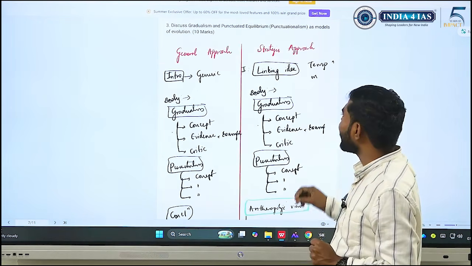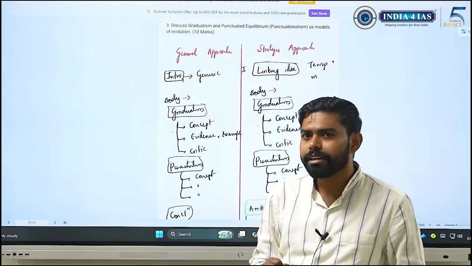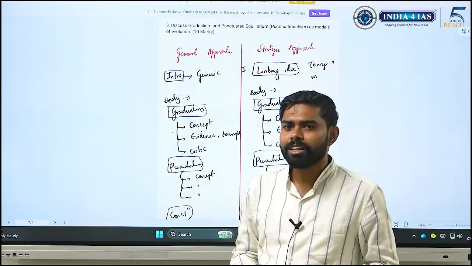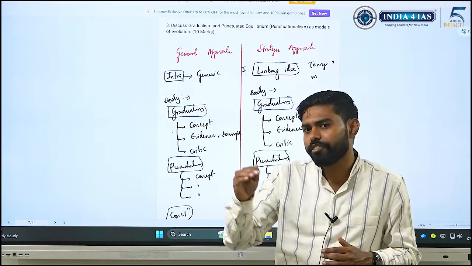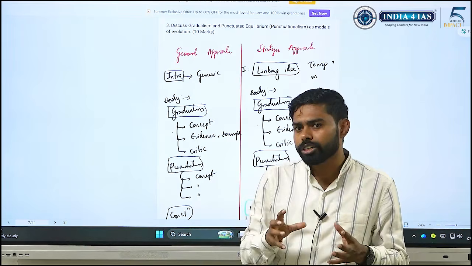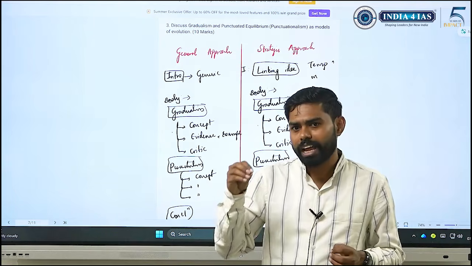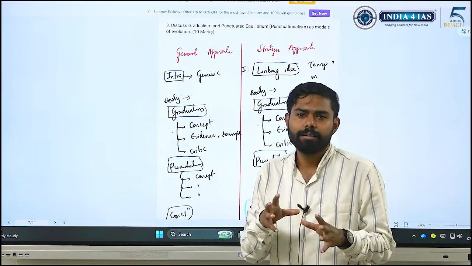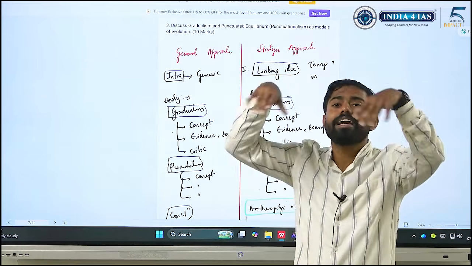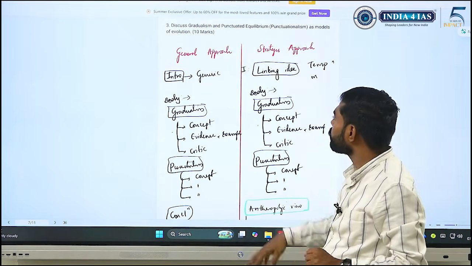Okay, so now we have gradualism and punctuated equilibrium. This is one of the foundational debates on the mode and tempo of evolution, because some feel that evolution happens in a linear fashion, day by day, step by step, and some feel that evolution happens at punctuated points, so it happens suddenly, right? Like magic, and then for centuries nothing happens and again something happens. So that is what punctuated equilibrium is.